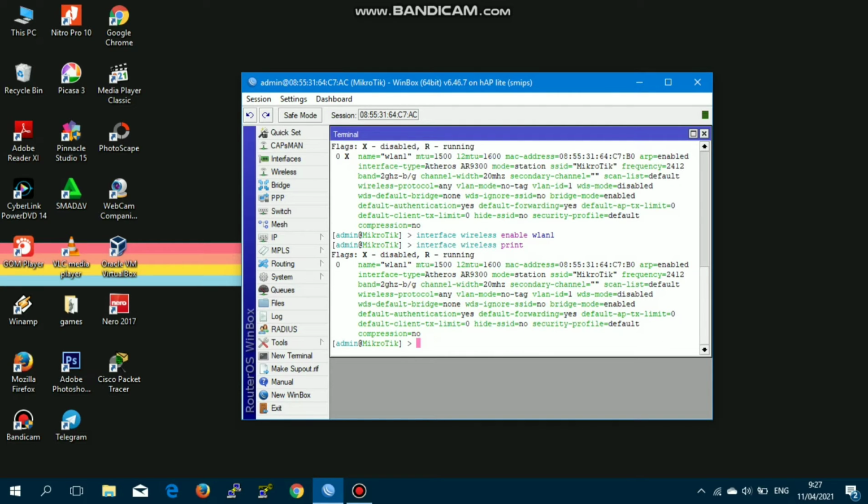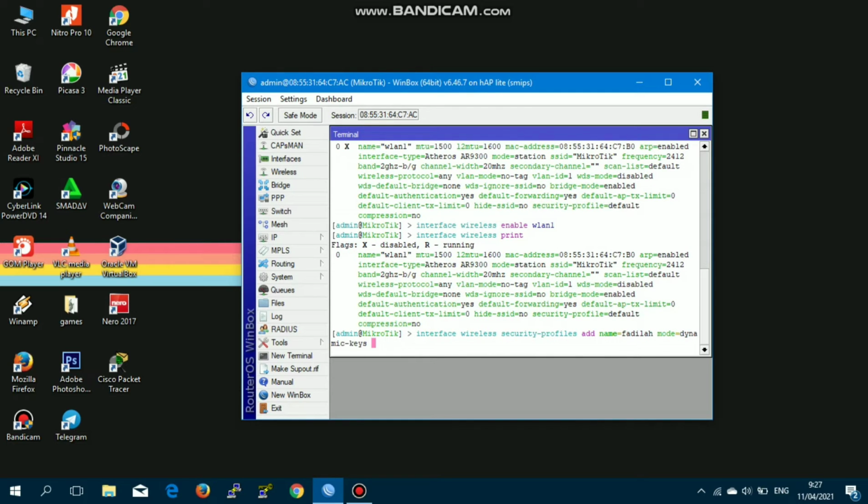Then here we will configure the security profile for the wireless that will be used. Enter the command interface wireless security-profiles add name. The name used for the security profile, here I use Fadilah. Mode dynamic keys. The mode used is dynamic keys. For authentication types, we will use WPA PSK and WPA2 PSK. Unicast ciphers